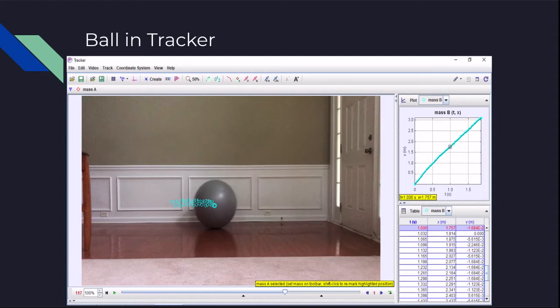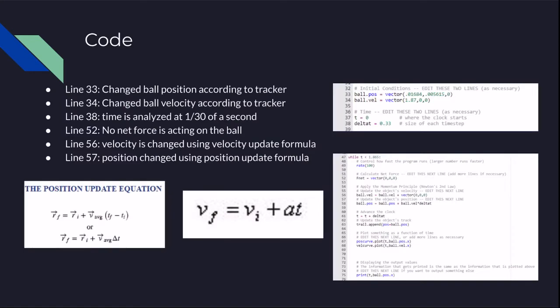Because we only needed to evaluate a few frames of motion, a shorter clip of the ball's motion was used in tracker, meaning we needed to adjust our initial position and initial velocity. So in our code, lines 33 and 34 change the ball's position and velocity according to tracker. In line 38, time is analyzed at 1/30th of a second. In line 52, there is no net force acting on the ball, so our net force vector is equivalent to